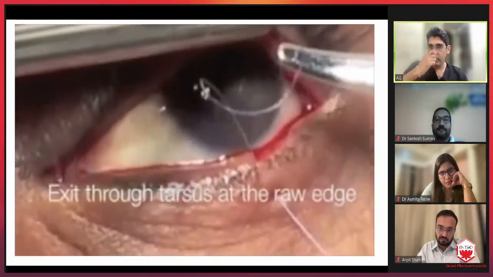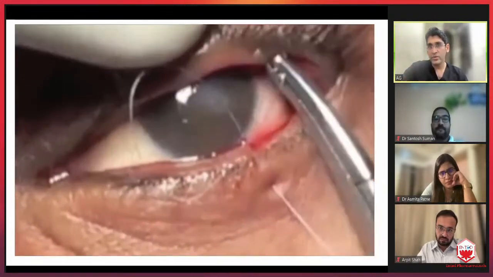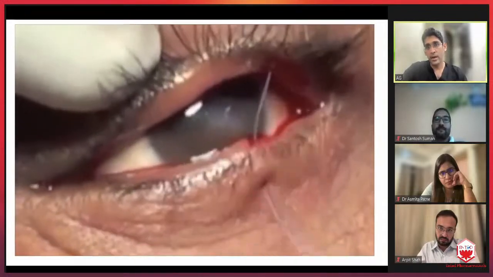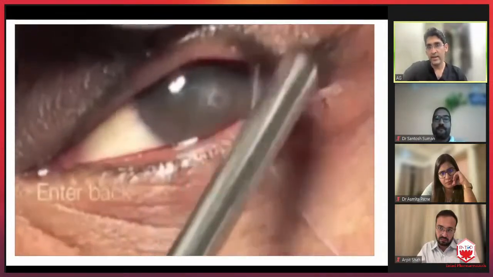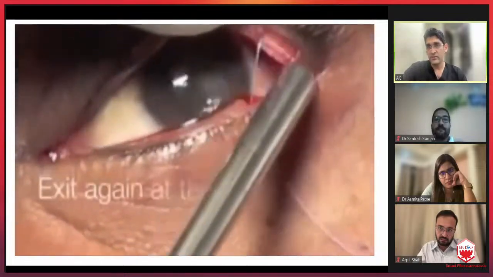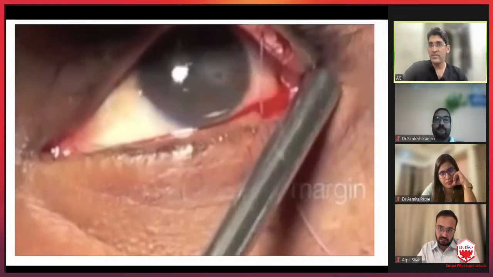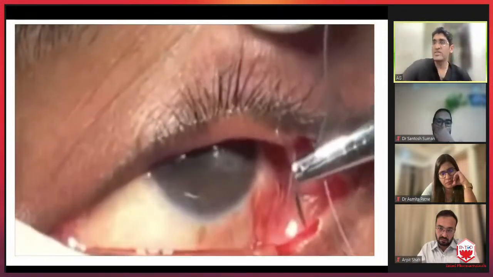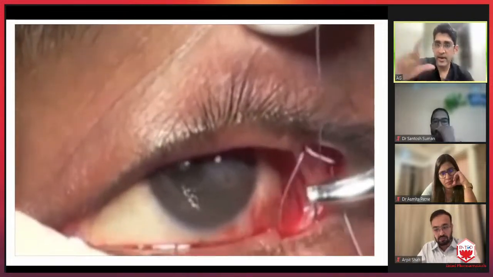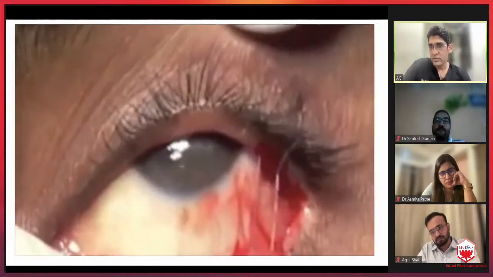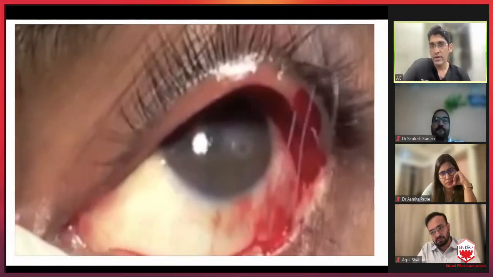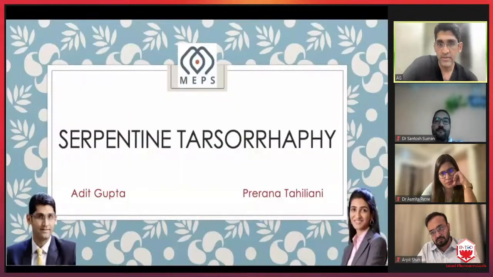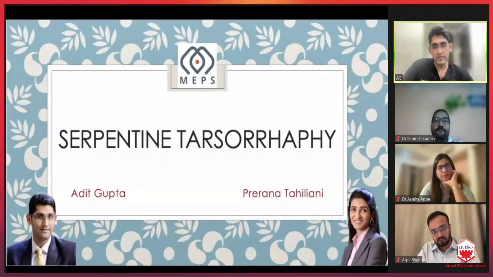And this is then apposed together with the help of a mattress suture, which can pass from above below or below above. It doesn't matter. It just depends on where you want to take the knot. These two raw areas should oppose each other, and they should stay in apposition for at least 2 weeks for the adhesion to form. After 2 weeks, usually Vicryl sutures will fall off, or you can remove them if the adhesion is already formed. So this is how a suture tarsorrhaphy is performed.